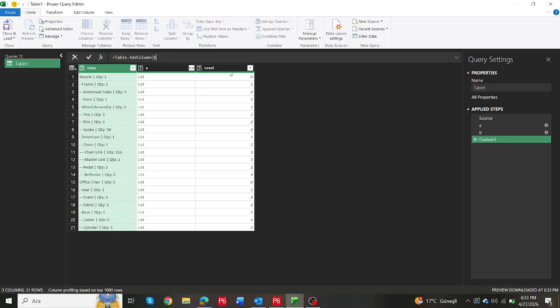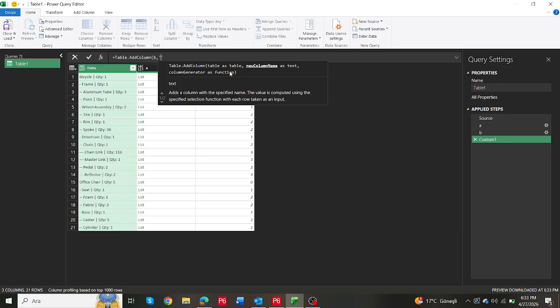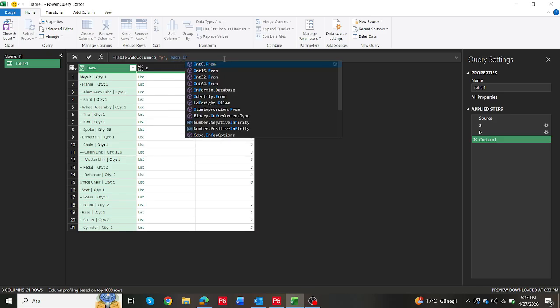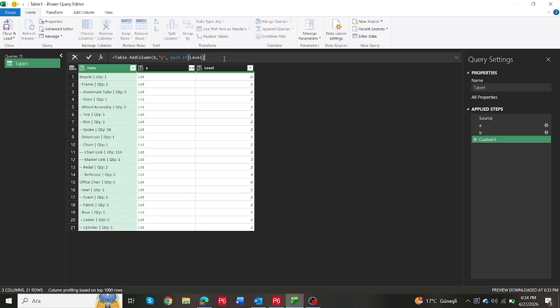My table is just the previous step, and my column name is going to be Y. So I say that in each row, if the Level column equals 0, then give me,